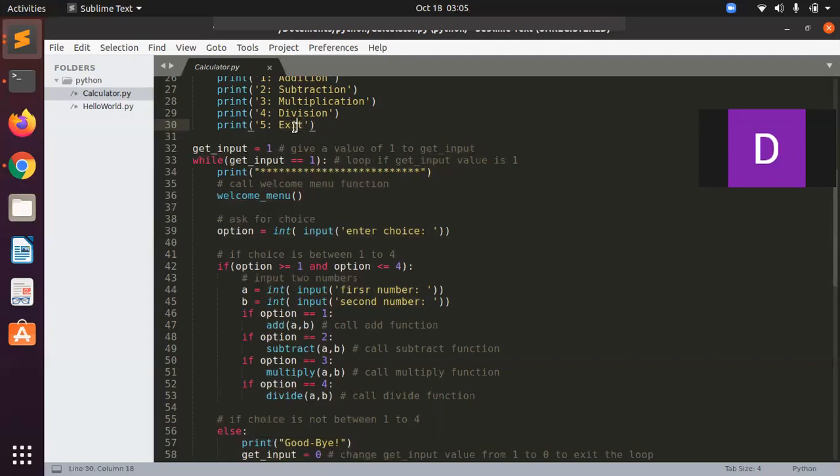And if the user enters the exit choice, then exit the loop. That's pretty simple. So in Python,